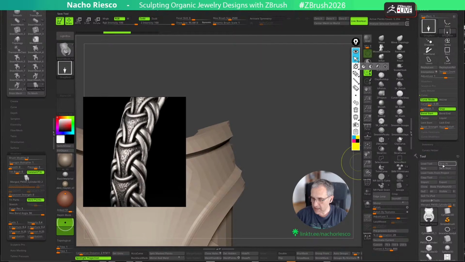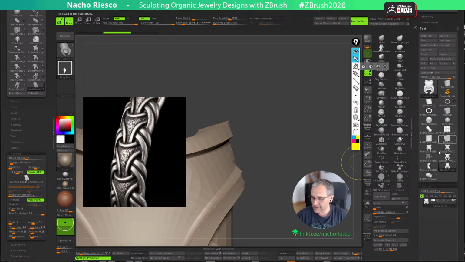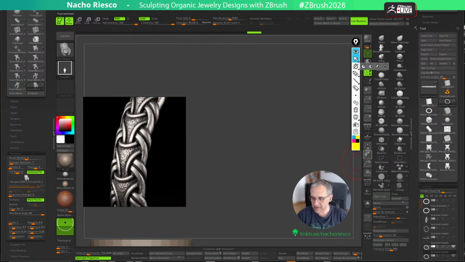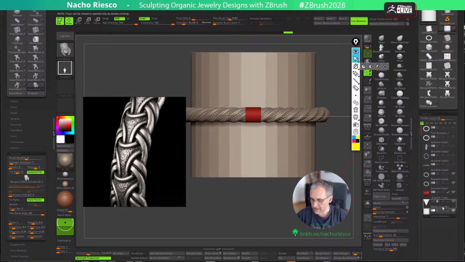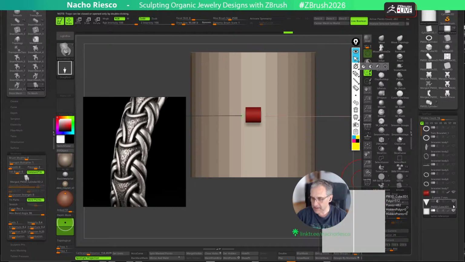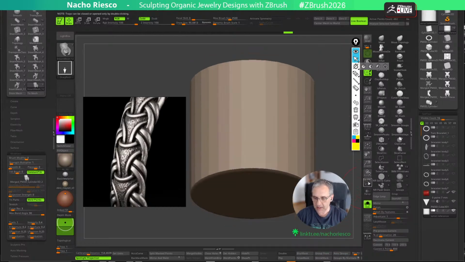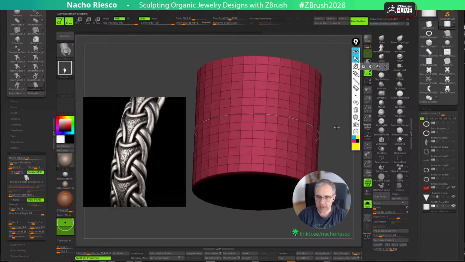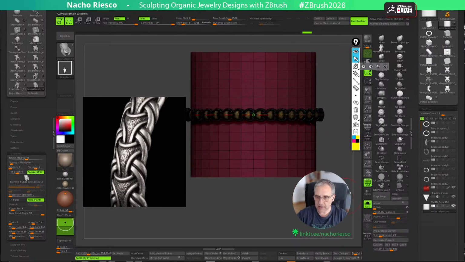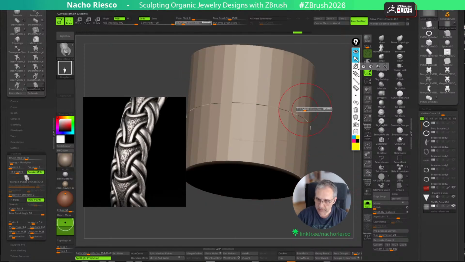Okay, so let me save this. This could be the Nordic piece, for example. And let's come back to the original. We can select this, the template, the paste we use, and now we can repeat the same thing: stroke, curve functions, creased edge, and that's it. But maybe deeper,